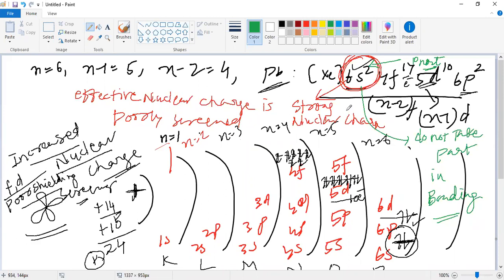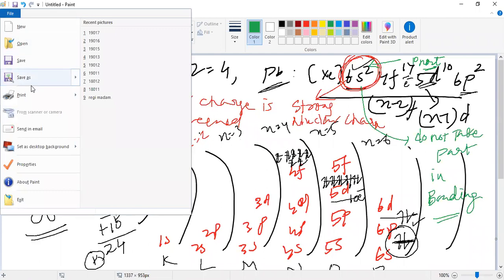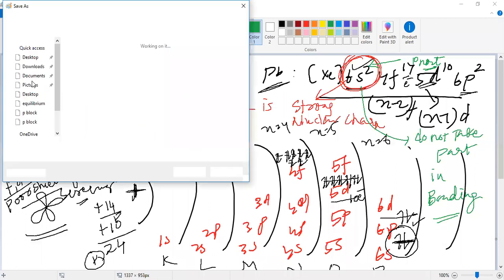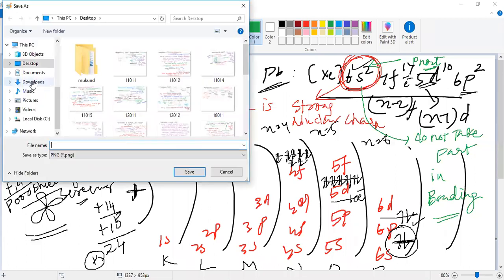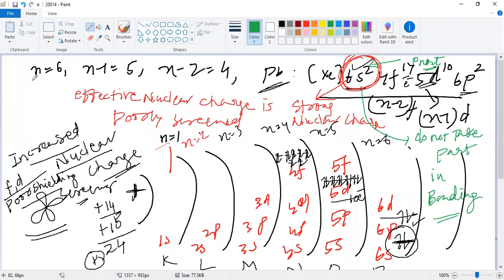Please remember that the electrons present in the 6s orbital become inert due to the very strong effective nuclear charge of the nucleus. Due to this, my dear students, these electrons become inert. They do not take part in bonding, and thus this pair of electrons present in the 6s becomes an inert pair. Now I hope you got it very clearly, dear students.